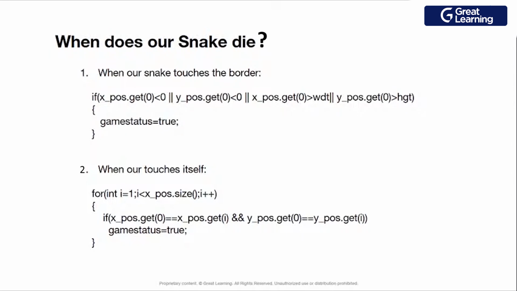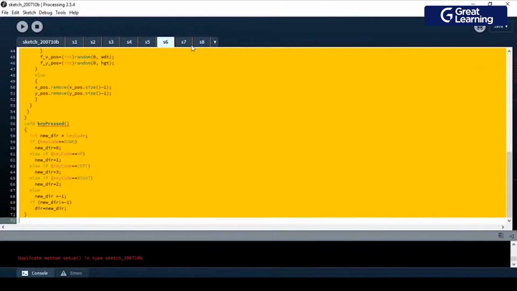That's also a case there, right? When it touches itself, it should also die. So if something is already present in those 2 arrays, if we touch those things, yes, it is possible. So if you touch those things, at that time the game status will be true, right? So again we will loop around this thing, and we will check if something is present in the array. If it is present in the array, then we will make the game status 2. That means the snake has died. Now let's go ahead and implement this thing.